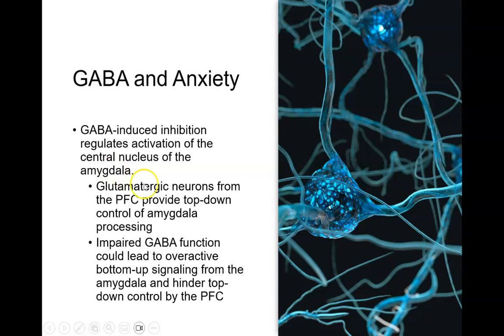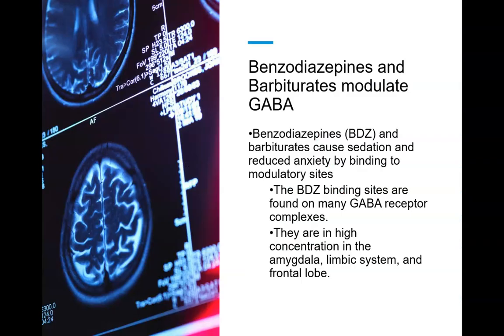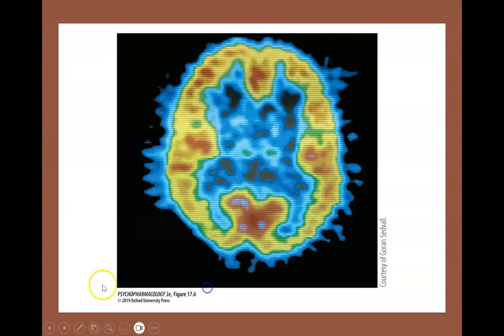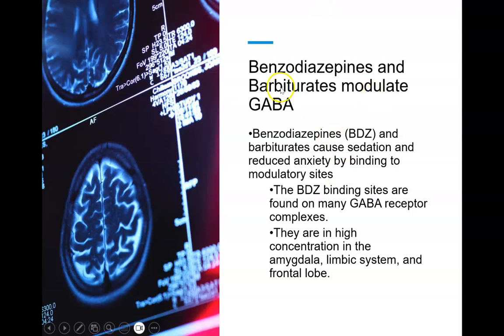If GABA is impaired, we may actually see overactive bottom-up signaling from the amygdala and underactive top-down control from the prefrontal cortex. And one of the things that we're going to find is that in addition to using SSRIs for treating anxiety disorders, we also have benzodiazepines and barbiturates, and they're actually there to help modulate GABA. So both benzodiazepines, which I'm going to call BDZ, and barbiturates cause sedation and they reduce anxiety by binding